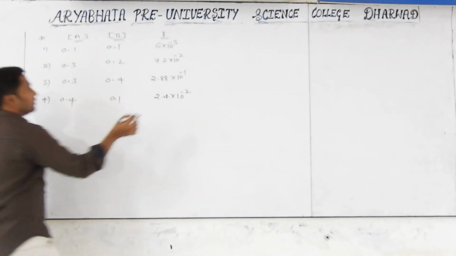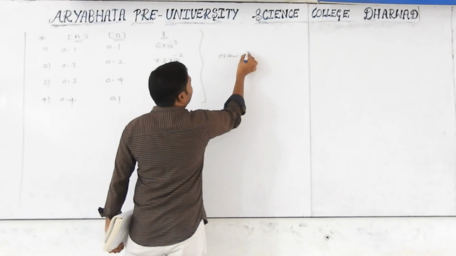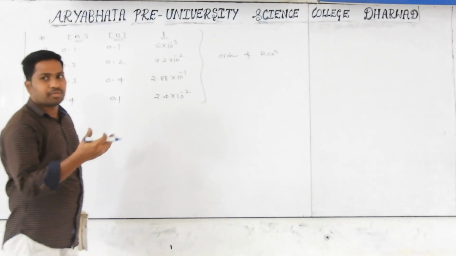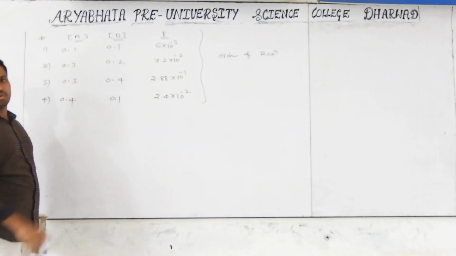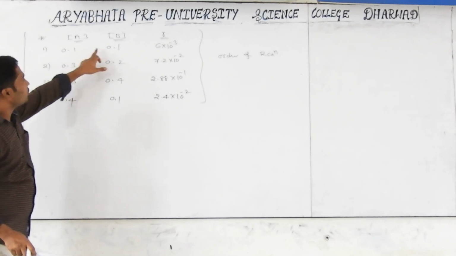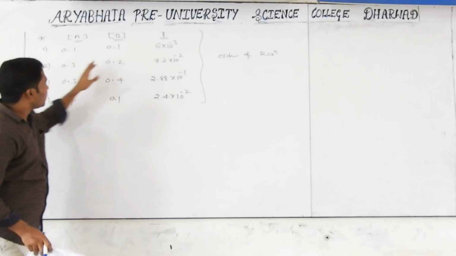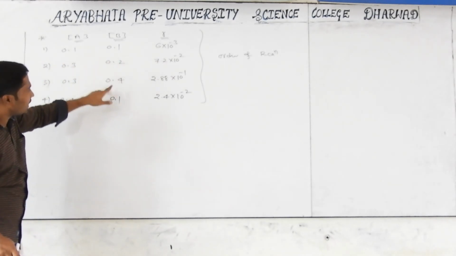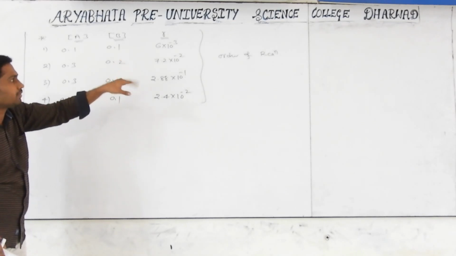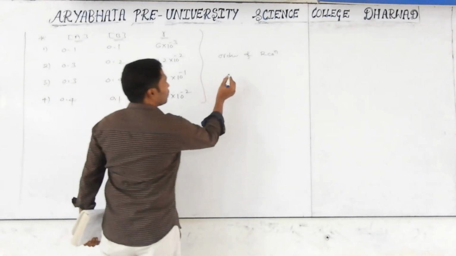What is being asked? From this given data, what is the order of the reaction? That means, what is the power of A and the power of B; we have to find it. Very important model. Whenever you take concentration of A 0.1 and concentration of B also 0.1, the rate of the reaction is like this. If you change the concentration of the reactants, the rate of the reaction will correspondingly change. This is the given data. From this, how can you get the order of the reaction? You have to take one common reaction.